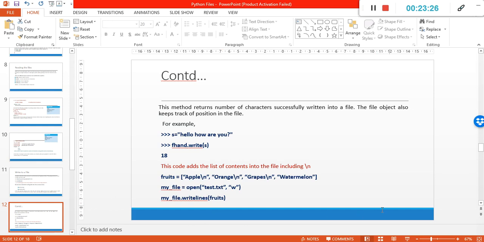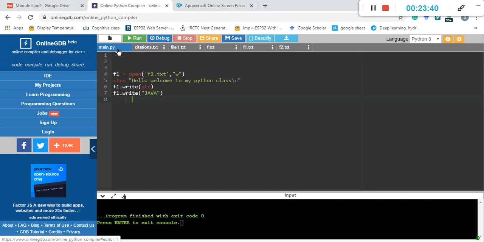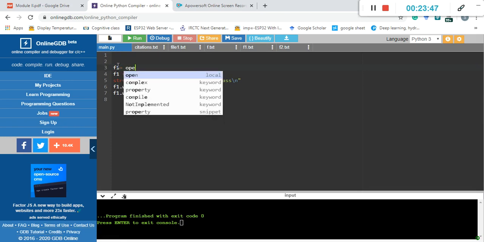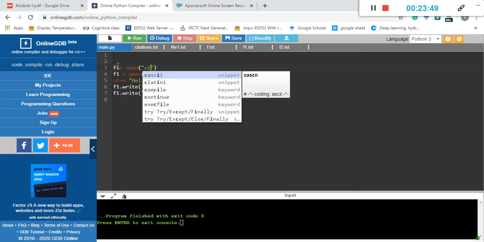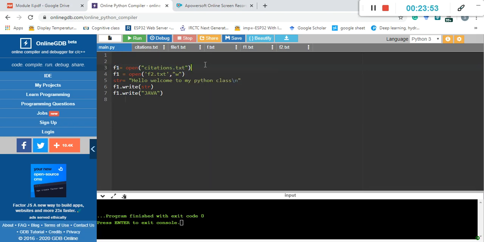Next, writing the file. One more example I can give you is citations.txt, which has some set of contents. I want to copy the entire citations.txt into one more file. So I will open f1 is equal to open citations.txt, now in read mode.